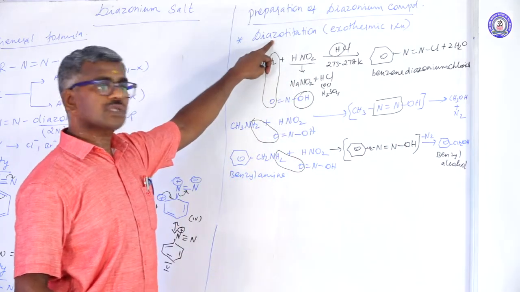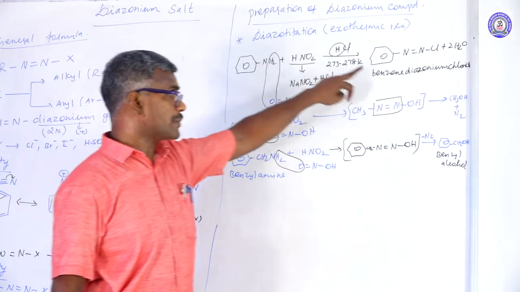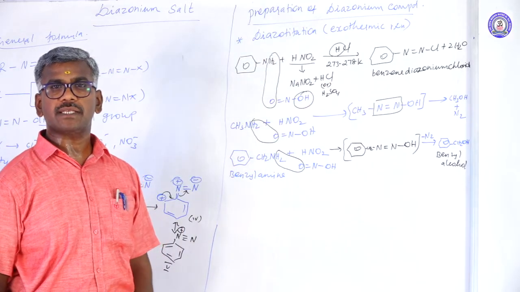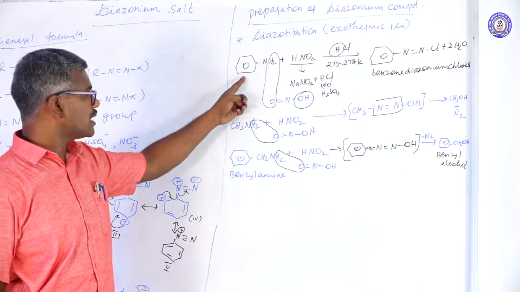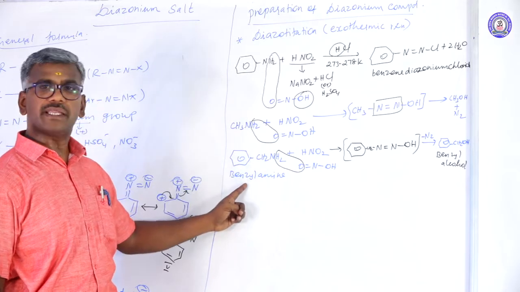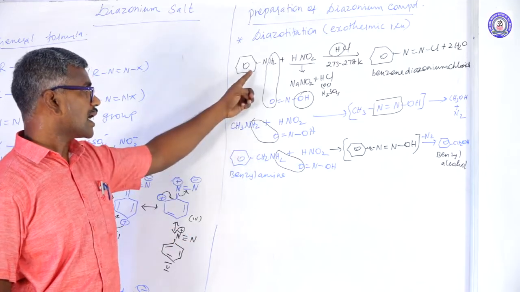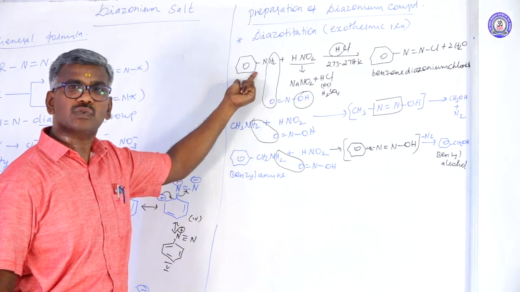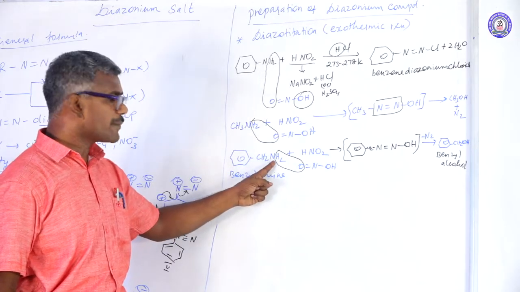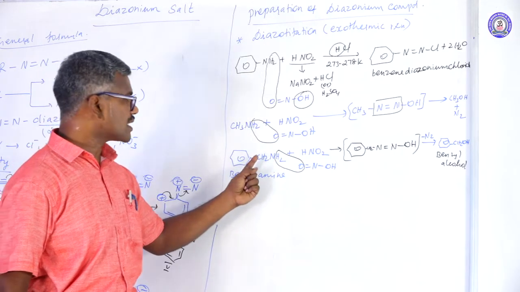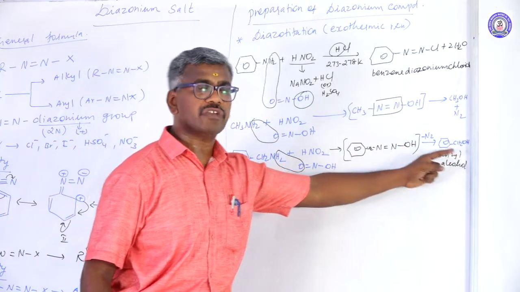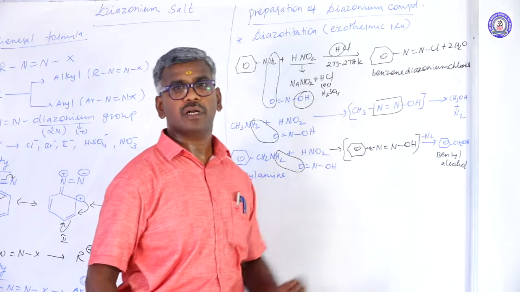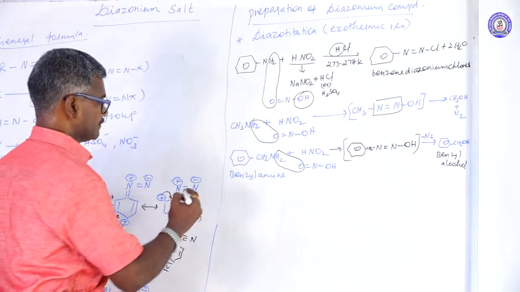Here, diazotization is the best method for preparation of benzene diazonium chloride. So, what compound undergoes preparation of benzene diazonium chloride? This option 1 aniline, this methylamine, this benzylamine. The best one is aniline. Why does aniline undergo diazotization? Because the amino group is directly attached to the benzene nucleus. An amino group attached to a side chain is converted into phenol. An amino group directly attached to the benzene nucleus is converted to diazonium compounds. Next, physical property.